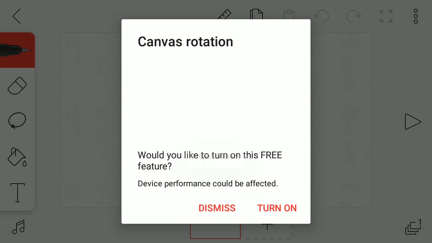Now I just want to copy this, then paste it here and move it. Oh yeah, this is much easier. Paste it, move it accordingly. Wow, this is actually pretty easy.